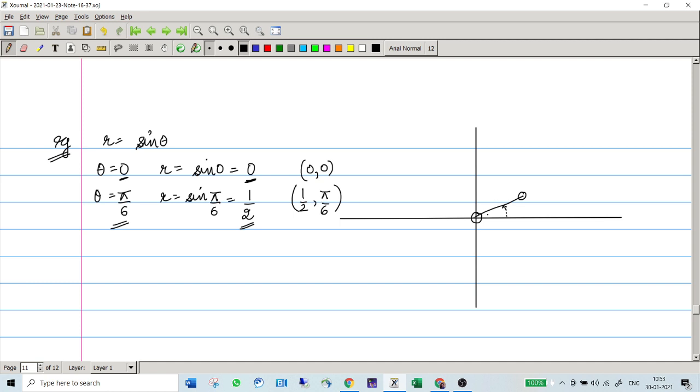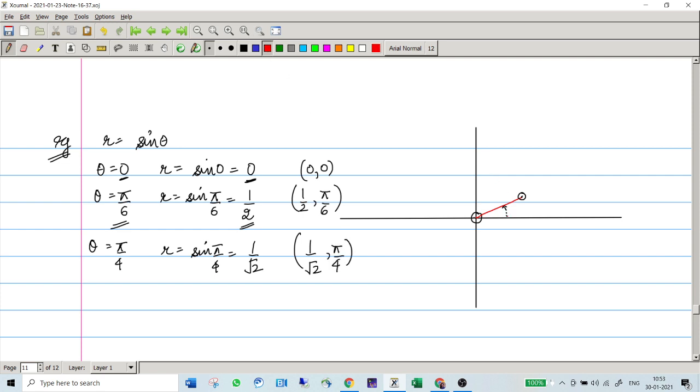So basically what we are doing is collecting the points. Let us mark them with some different color. These are the units which you travel, like half a unit, and the point which you have got is this particular point, right? Next up, theta is, let's say, pi by 4. The value for r happens to be 1/√2, so you have your point as (1/√2, pi/4), right?